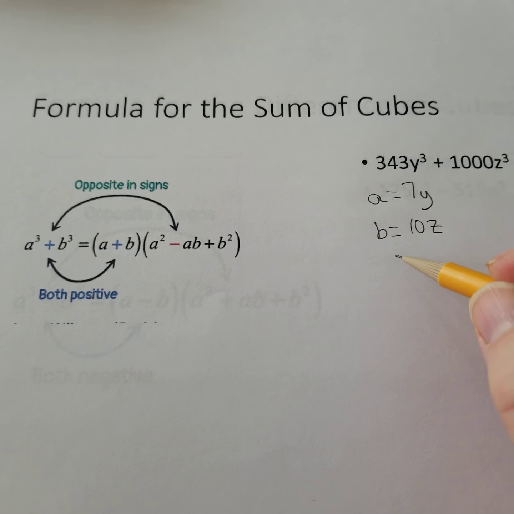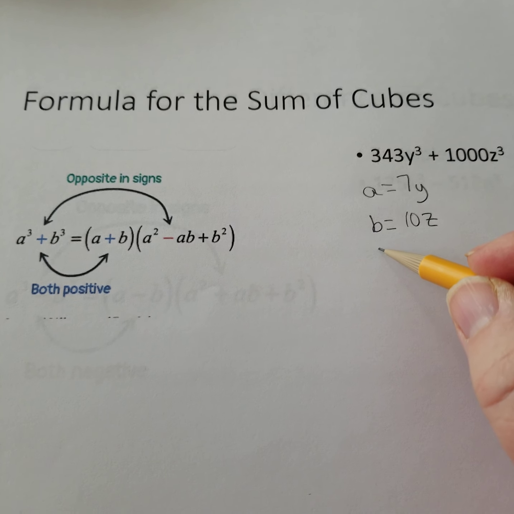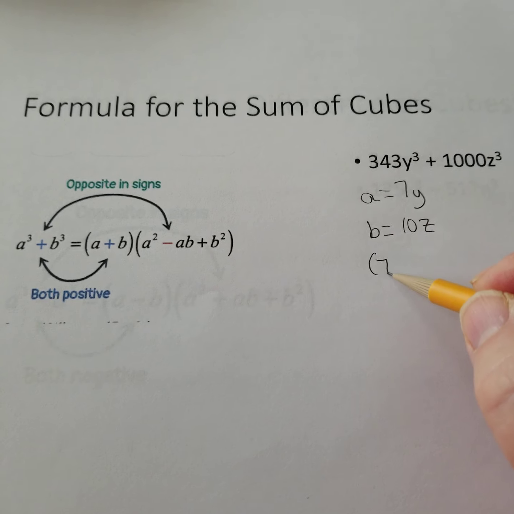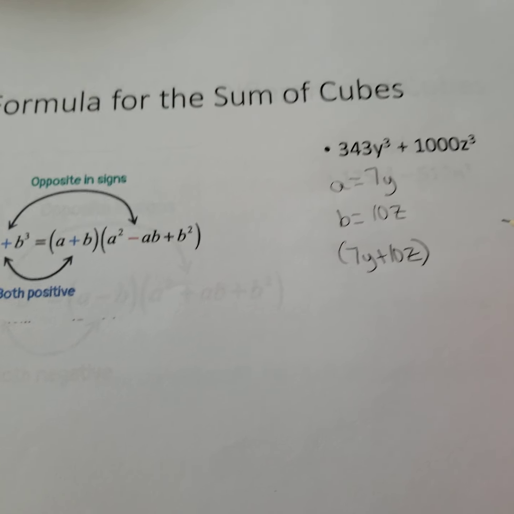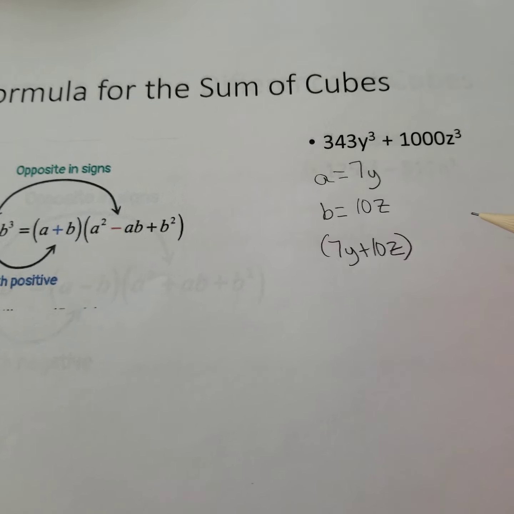The first factor, the short factor, is a plus b. So ours is going to be 7y plus 10z. Then we're going to have our long factor, which our formula has a squared, which is 7y squared, which is 49y squared,